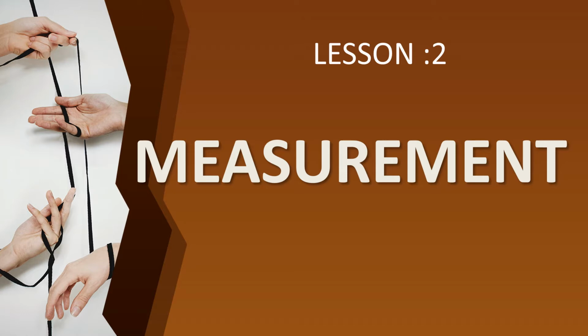So the first question. Dash is the space occupied by an object. And then, 1 liter equal to dash centimeter cube. And the third question, dash is the formula for volume of a cube. Dash is the formula to find the volume of a cube.